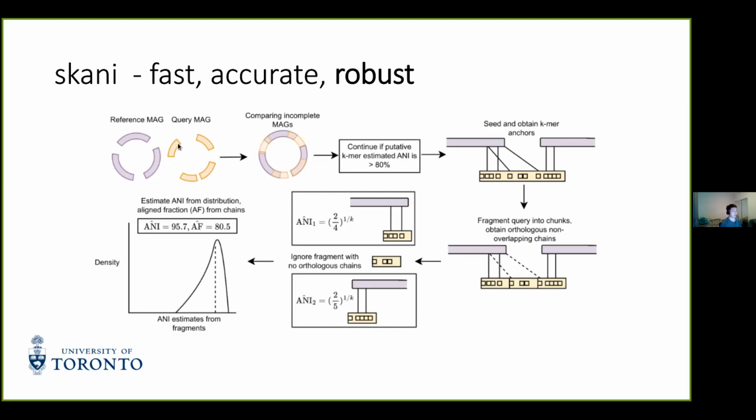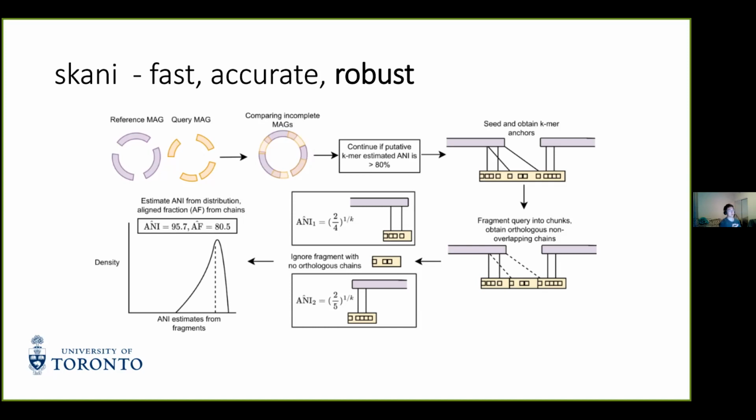So we are comparing these MAGs. We compute a putative k-mer ANI, and we continue if it is greater than some threshold that we set at 80%. After we deem that these genomes are similar enough, we seed and obtain k-mer anchors, with k-mer anchors being matches of k-mers. And then we do this chaining procedure to get these mappings, and then we fragment the genome into chunks,